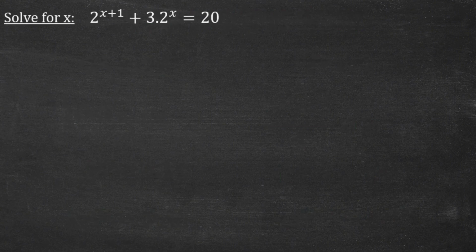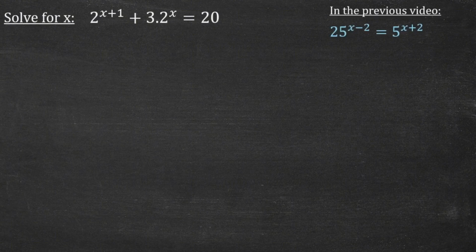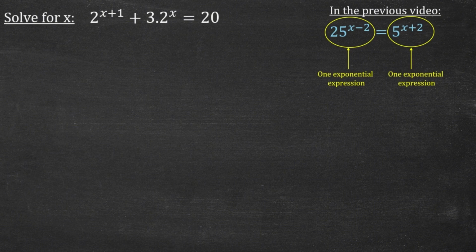So we have this exponential equation where we have to solve for x. But before I show you how to do it, I would like to explain something. In the previous video, we did many examples, like this blue one that I'm showing on the screen, where we could rewrite the bases straight away because each side was still one exponential expression. However, in this example, we first have to change the left-hand side into a simpler form before we can get to that same base step. And to do that, we have to factorize first because we're dealing with more than one term. Remember, terms are separated by plus and minus signs.